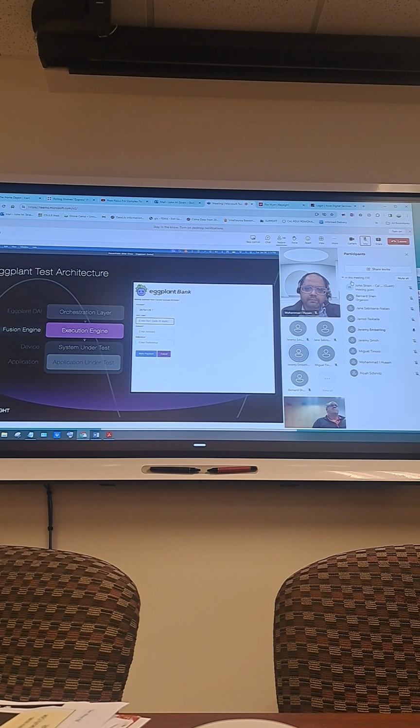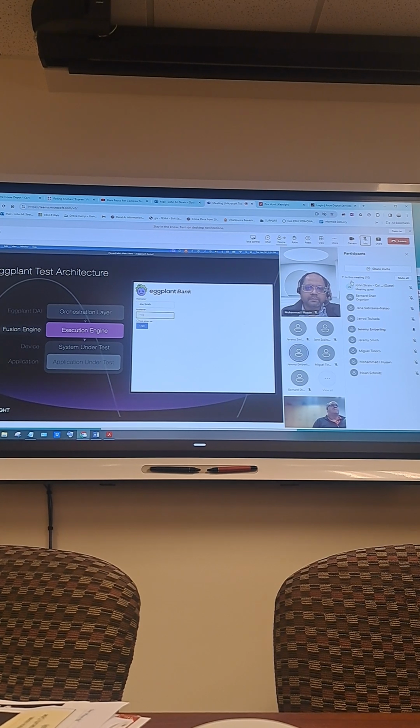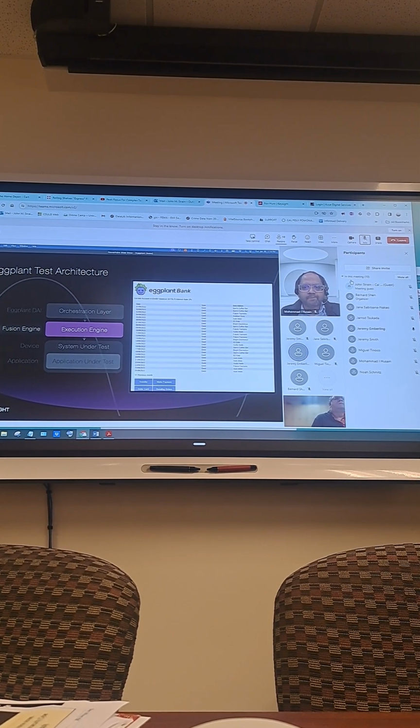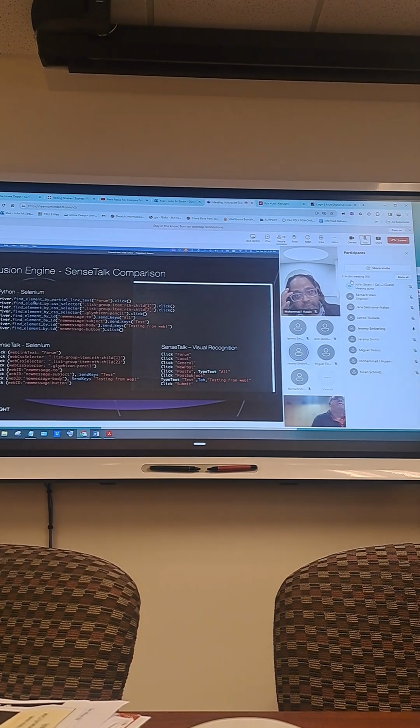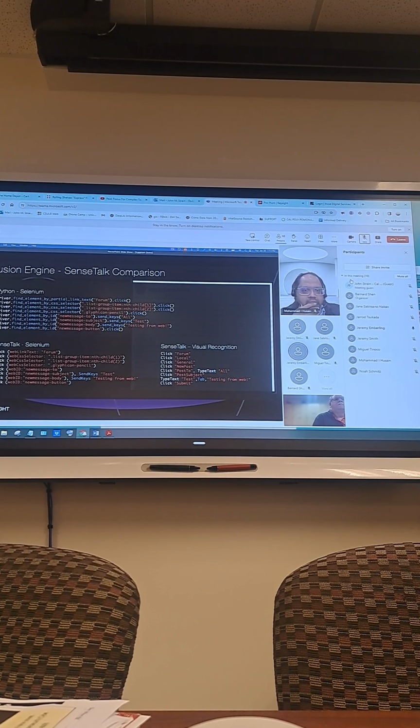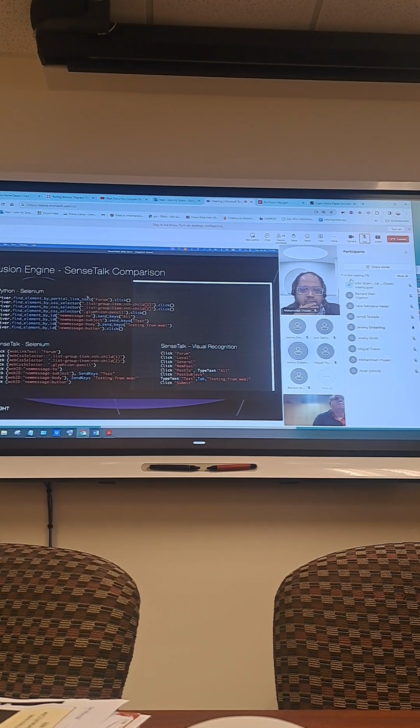This tool is commonly used in the healthcare industry by former nurses to do robotic process automation and testing inside of the healthcare system. So the thing that enables this, empowers this, if I can get my presentation to work, is our scripting language. And that's called SenseTalk. And it's designed to be a very easy to use English-based language that is quick for anyone to pick up and understand,